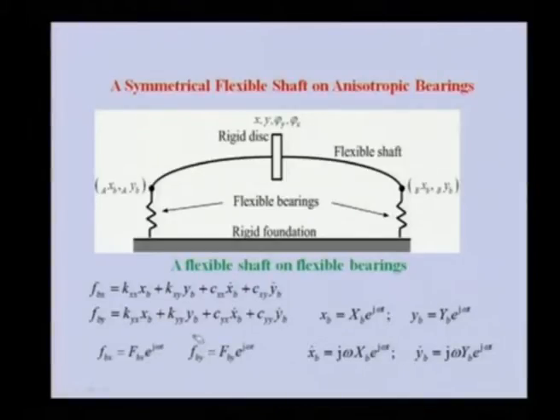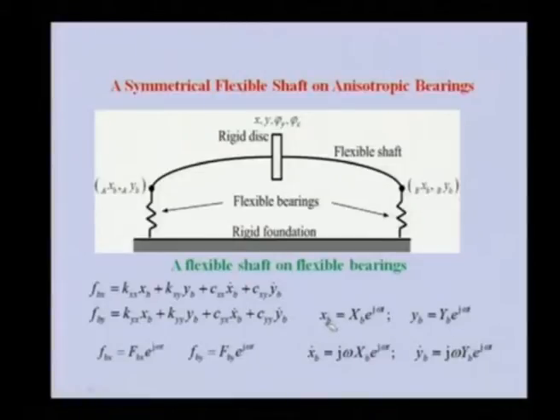Similarly, the bearing force in the y direction will be given as Fby, which is a complex quantity, times e^(jωt). So corresponding to these forces in this equation of motion, obviously the bearing displacements will also be harmonic in nature, with the same frequency as the spin speed of the shaft. They will have different phase, which will be taken care of in this complex amplitude.